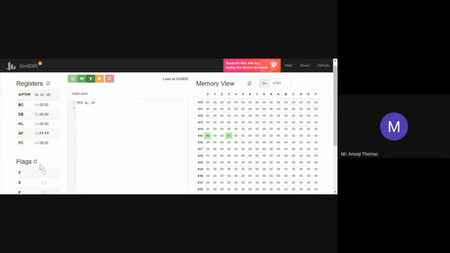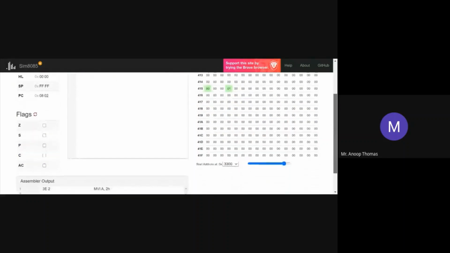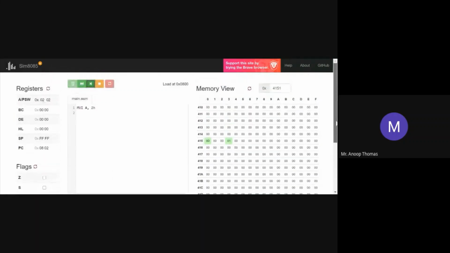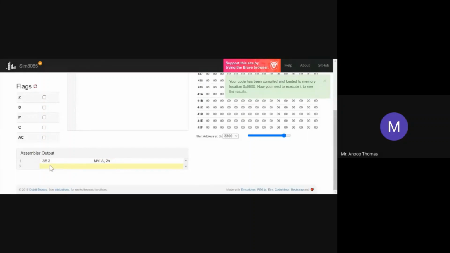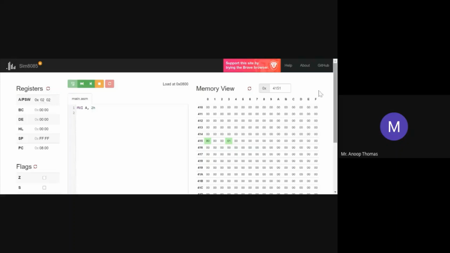You will have registers on the left-hand side, flags on the right-hand side, the memory view on the right-hand side again, and then you will have an assembler output. This is where the conversion happens. If you write MVI A comma 3H, this is the symbol for assembling. You assemble the code, so it gets converted into machine language. You'll be able to see the result here in your assembler output. Then this is to run the program in one go.